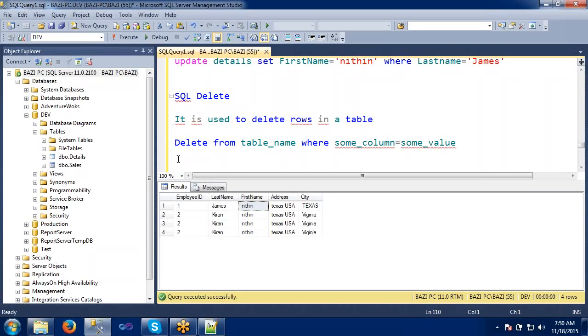Okay, this is how the syntax is going to be. We'll apply the syntax. Let's see the same table again here. I want to delete from details where condition, I'm applying where city equals to Virginia, and